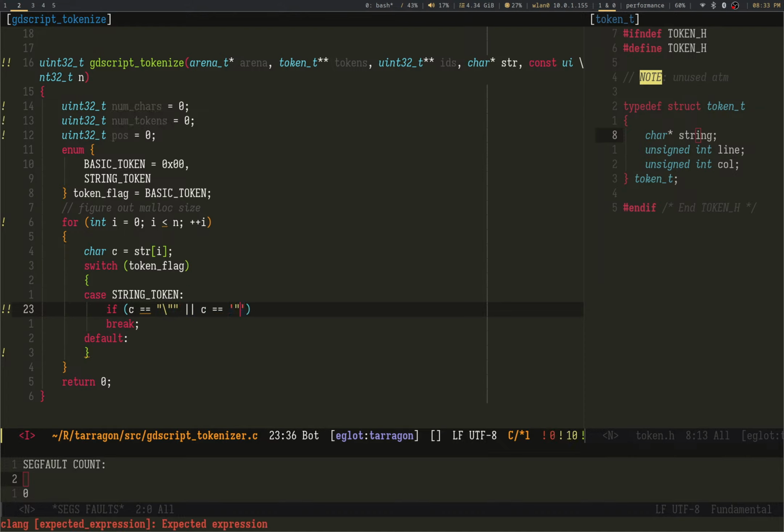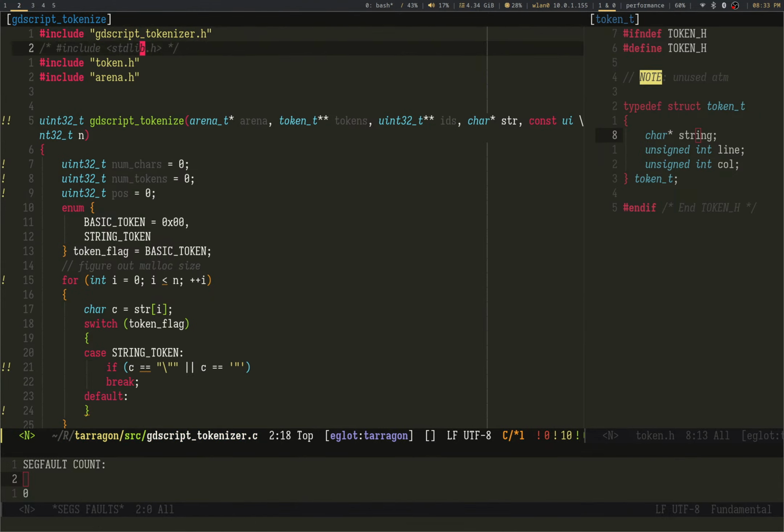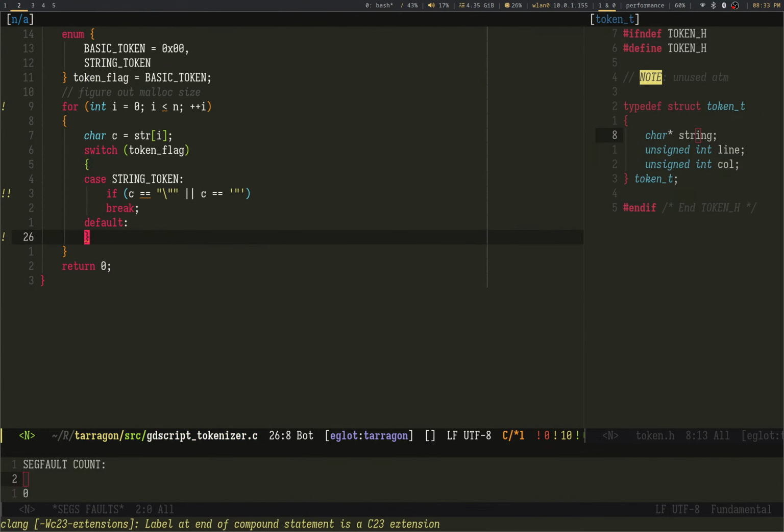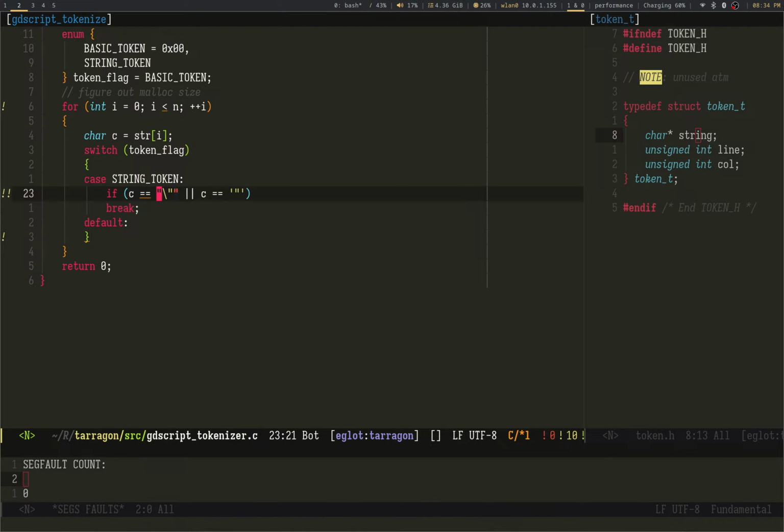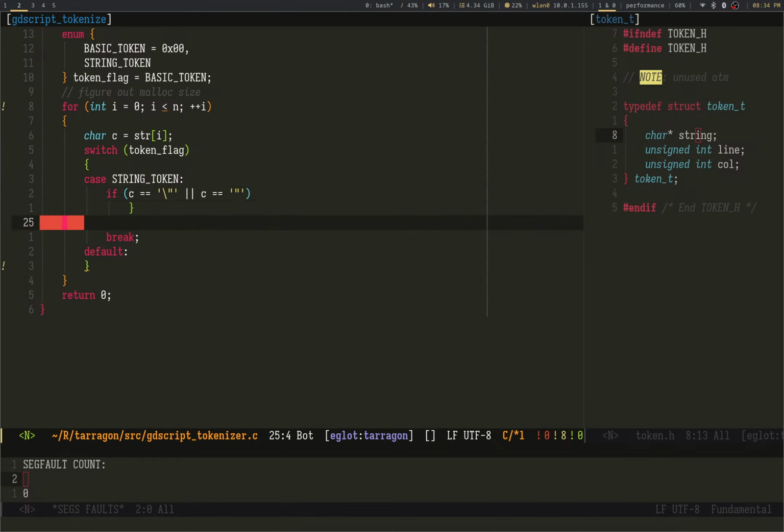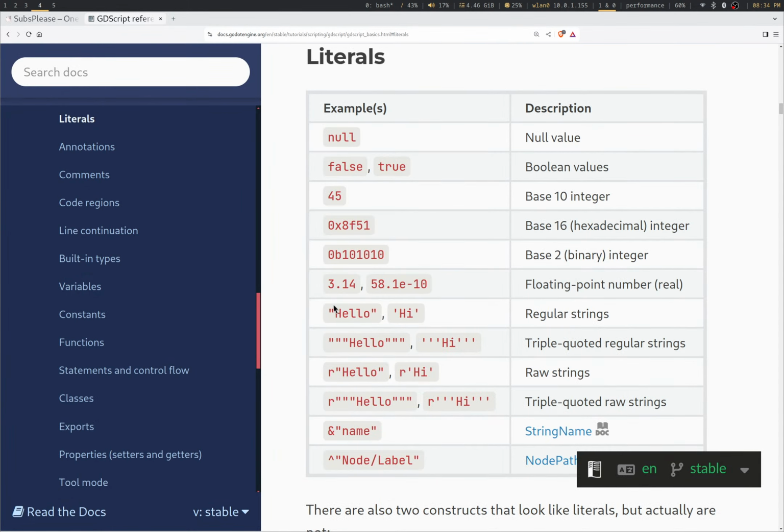So this is going to be the case of, I need to cover all of these, but what's nice is, since I'm assuming I'm already looking at a string token, I just have to look at the ending ones, so that's really easy.